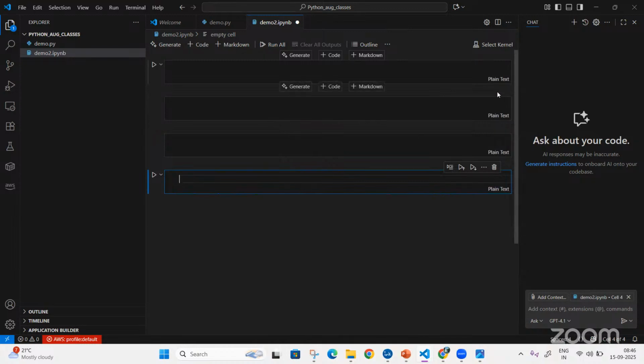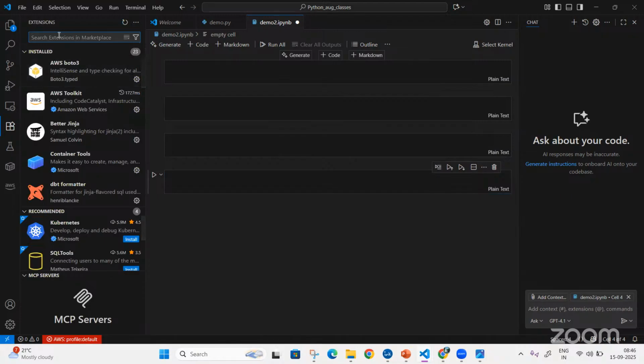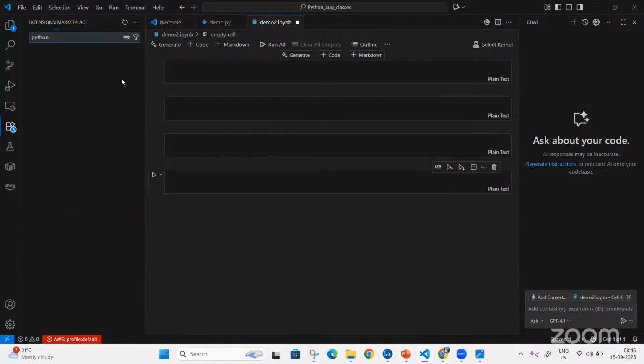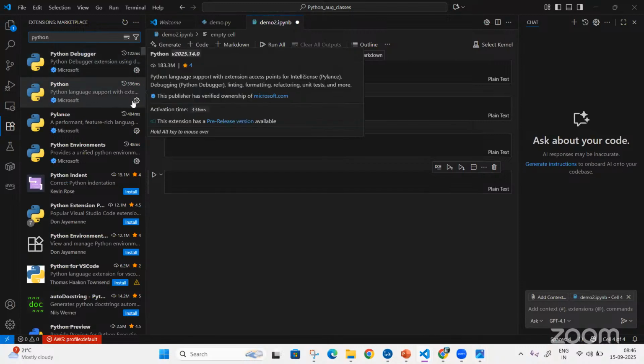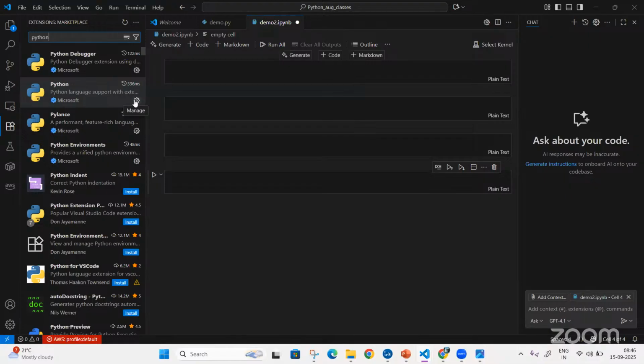That being said, whenever you install, this Jupyter notebook might not be there. They will ask you to install. If you come and see, there is an icon here with squares, like a rhombus kind of thing. If you click here, there are extensions you need to install. The first time, you search for Python. As soon as you search for Python, the extension will come, Python debugger or Python. For you, it will ask for an installation. Since I already installed it, it will not show. It will show like this, install.